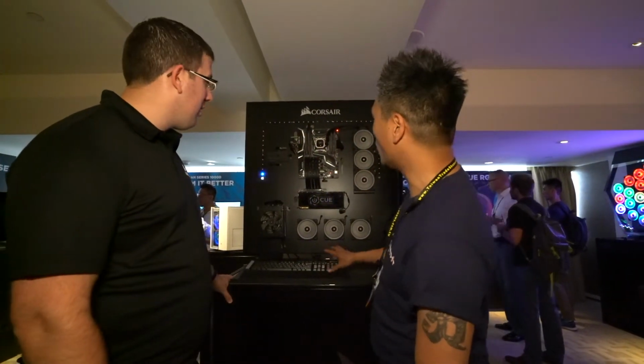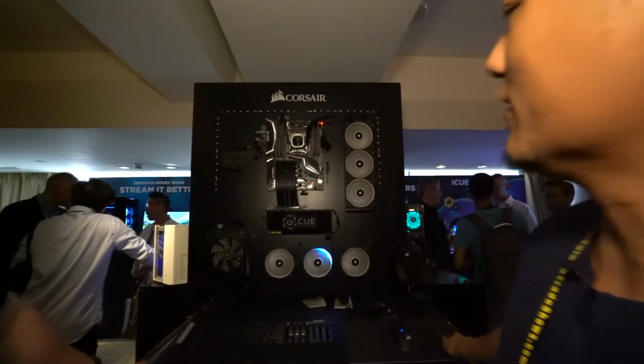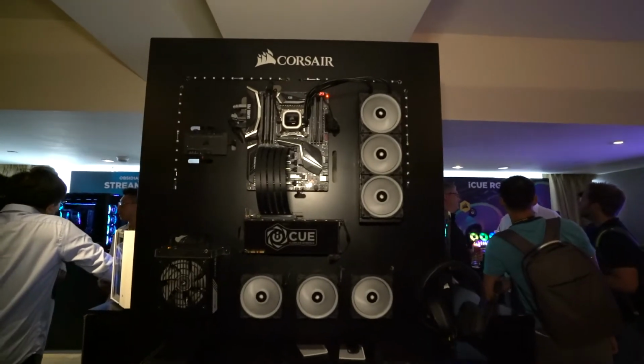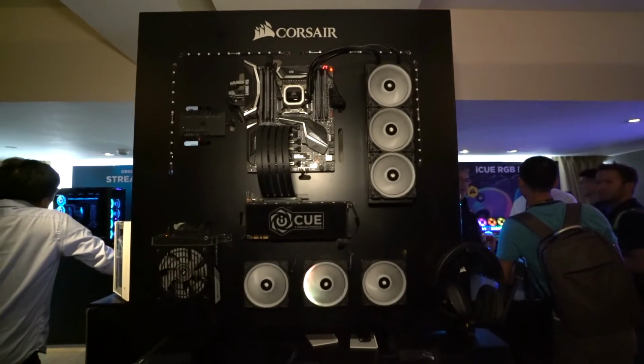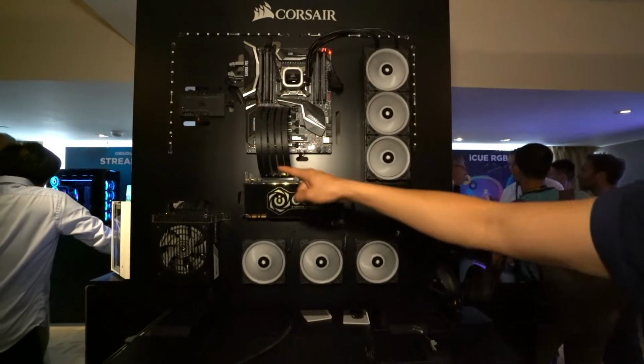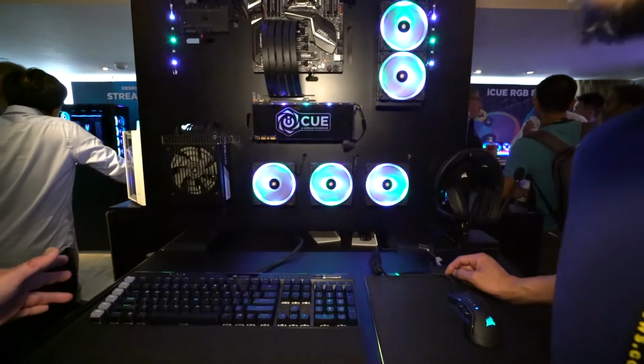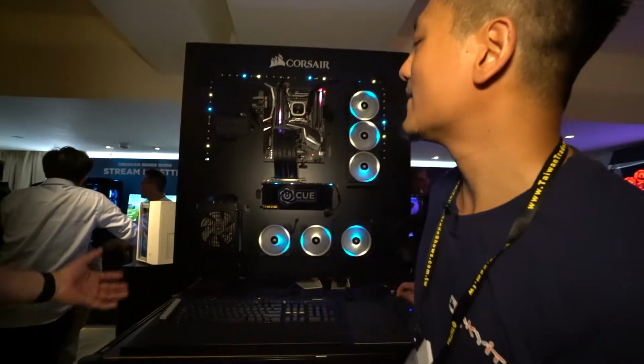So this thing now controls all your RGB stuff, right? So from the keyboard, all the other stuff, right? Yeah, so it's now merged into one, and you can control everything. So you can see that the lighting is actually flowing through all the components and the peripherals. It's a really cool bit of software. Not only does it do monitoring, it does lighting, effects, and it interacts with your system in a whole different